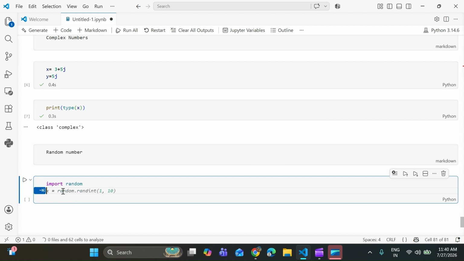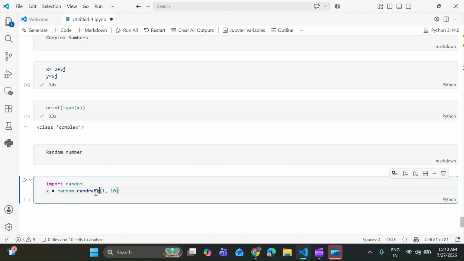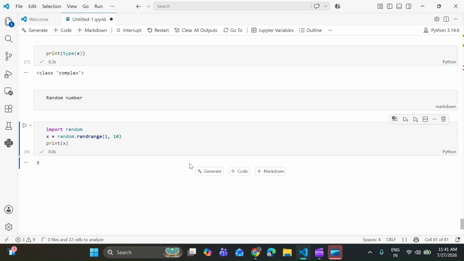Basically, take a variable x and use random randint, or you can use randrange. Here you can see every time you run the program, you will get a different number between 1 to 9. We will learn the random module in detail in a future video.